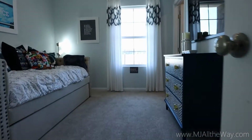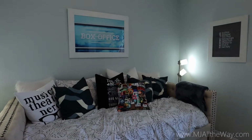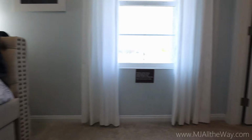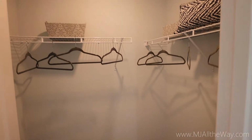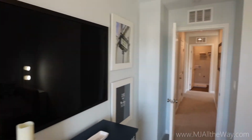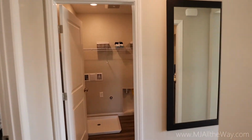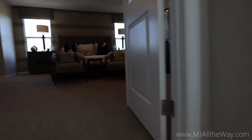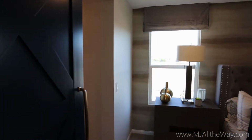Flipping back around here, we're going to go into this bedroom. This one in particular, you can convert into another master. That's an amazing feature to have. If you have a larger family, maybe 2 families living in a home, that is such an amazing feature. Basically, this closet here will turn into a bathroom, and then off that bathroom will be the walk-in closet. It does shorten up a few other things around the area. The walk-in closet in the master bathroom will be a little bit smaller to accommodate the closet for the first